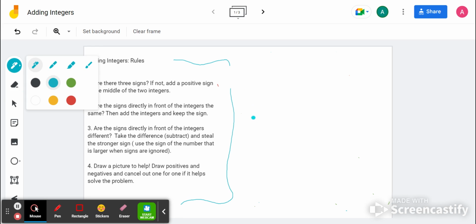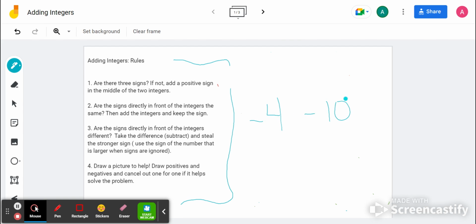Okay. If I have -4, and let's say I have -10, and I'm confused because it looks like a subtraction problem. So there are 2 ways we can handle this. Now, if we look at it, we don't see 3 signs here. So we want to start off by making sure that there's